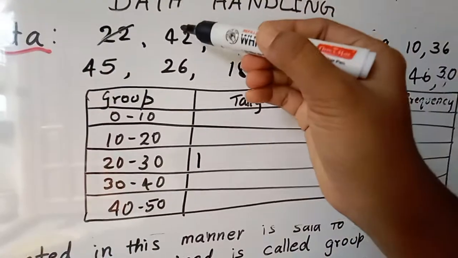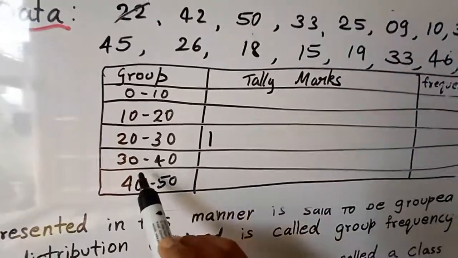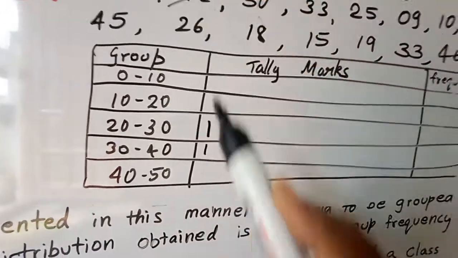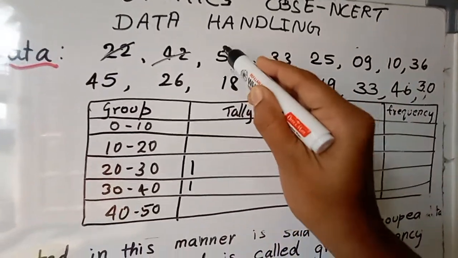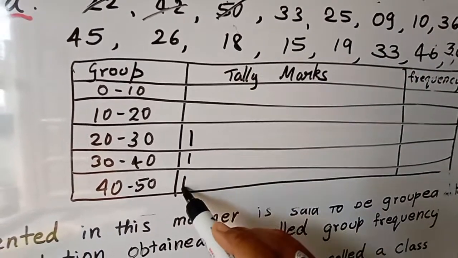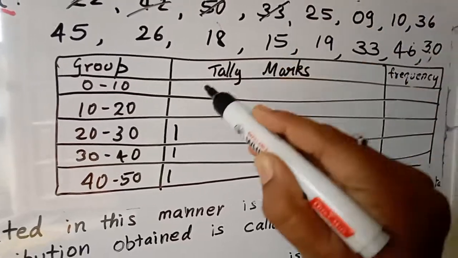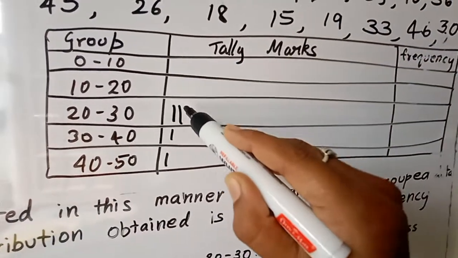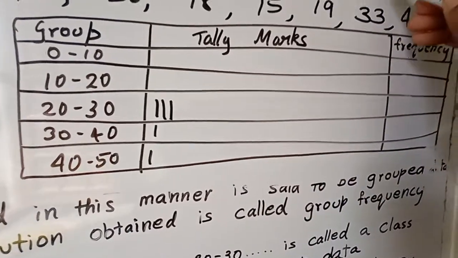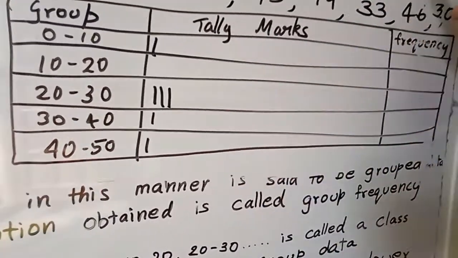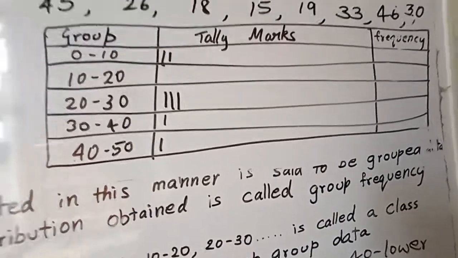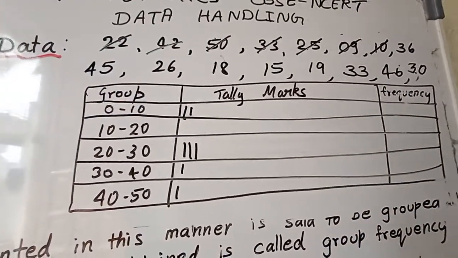The next number is 42. 42 falls here, 30 to 40. Once you cross this 42, next 50. 50 falls here. 33 falls here. 25 falls here. 9 falls here. 10 falls here. There is one more thing when we are